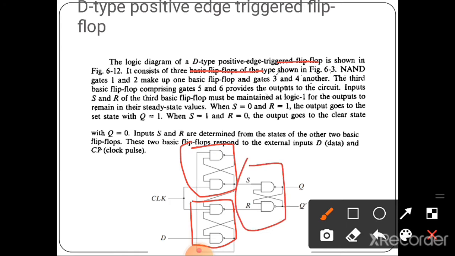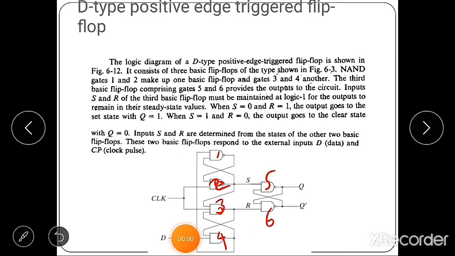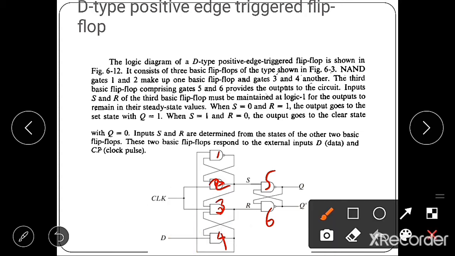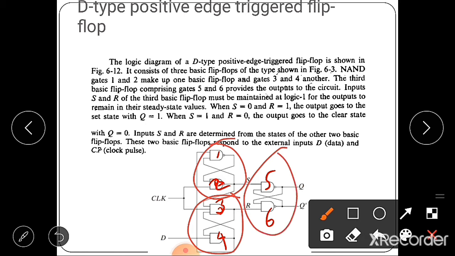Here it represents 1, 2, 3, 4, and here 4, 5, 6. There are 6 NAND gates. The first two NAND gates, gate 1 and 2, form a basic flip-flop. Gates 3 and 4 form another flip-flop, and 5 and 6 form the third flip-flop. The outputs of gates 5 and 6 provide the output of this circuit, that is Q and Q dash, and the inputs